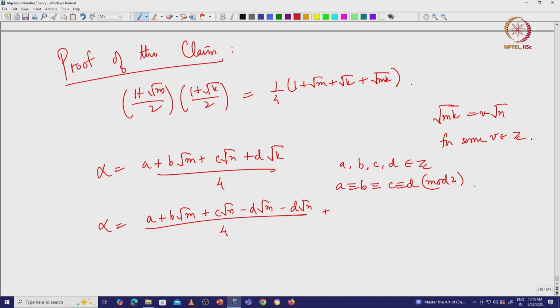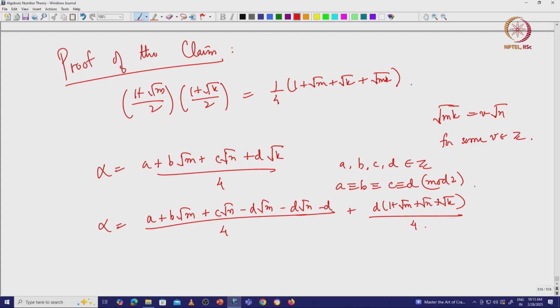So, I should have plus, yeah, maybe one more term, sorry, not just this one, but minus d, and then I should add all those terms. So, I should get d times 1 plus square root of m plus square root of n plus square root of k by 4,